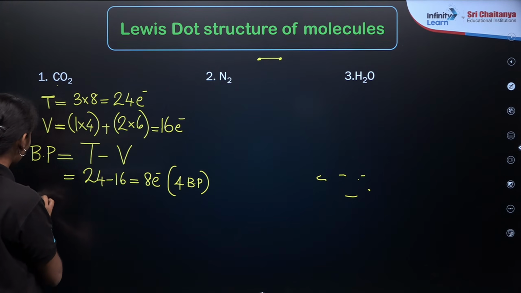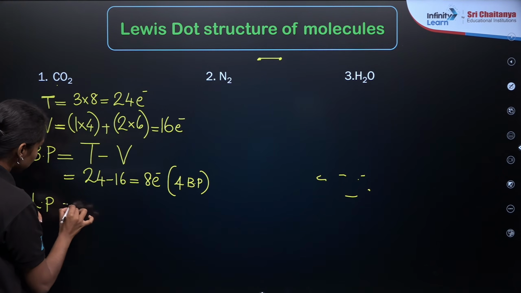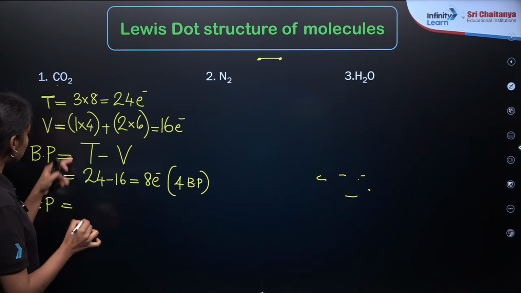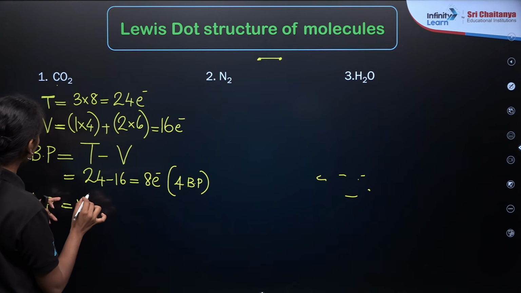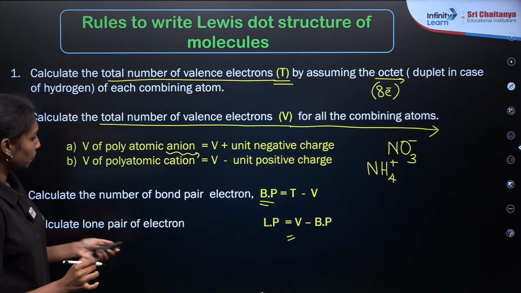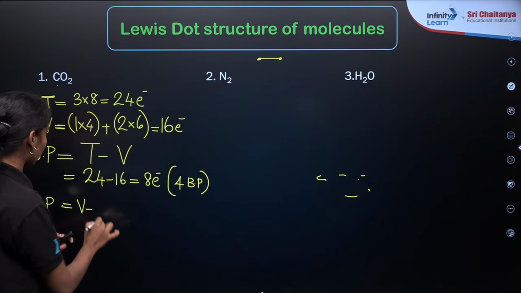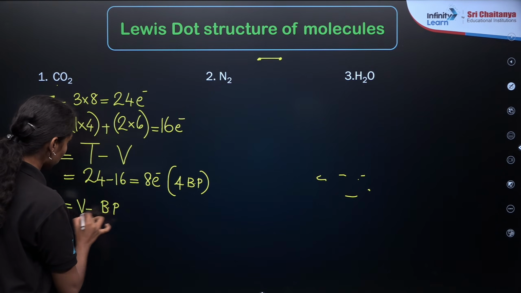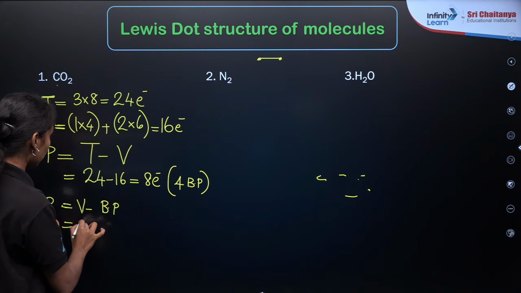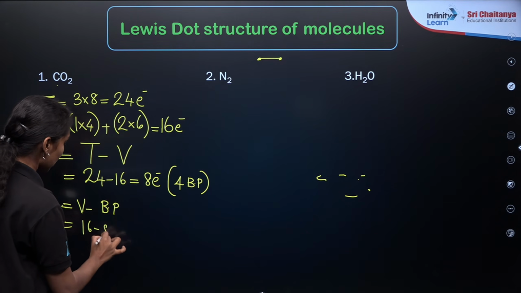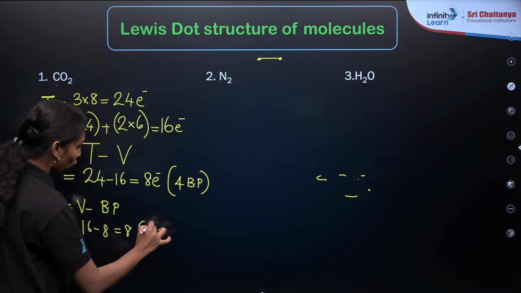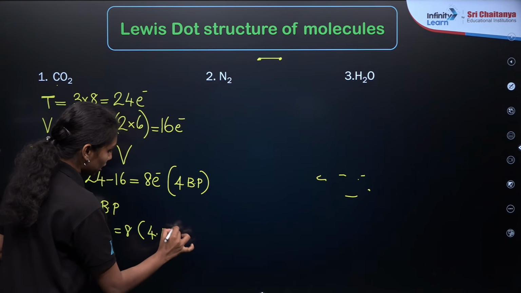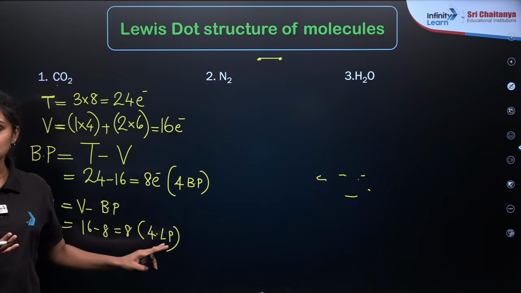The last step, we need to find out the lone pairs of electrons. Lone pairs is equal to V minus bond pairs. V is given here as 16. 16 minus bond pairs, which is 8, is again 8, which means 4 lone pairs are also present here. Now let us see how to draw the structure according to